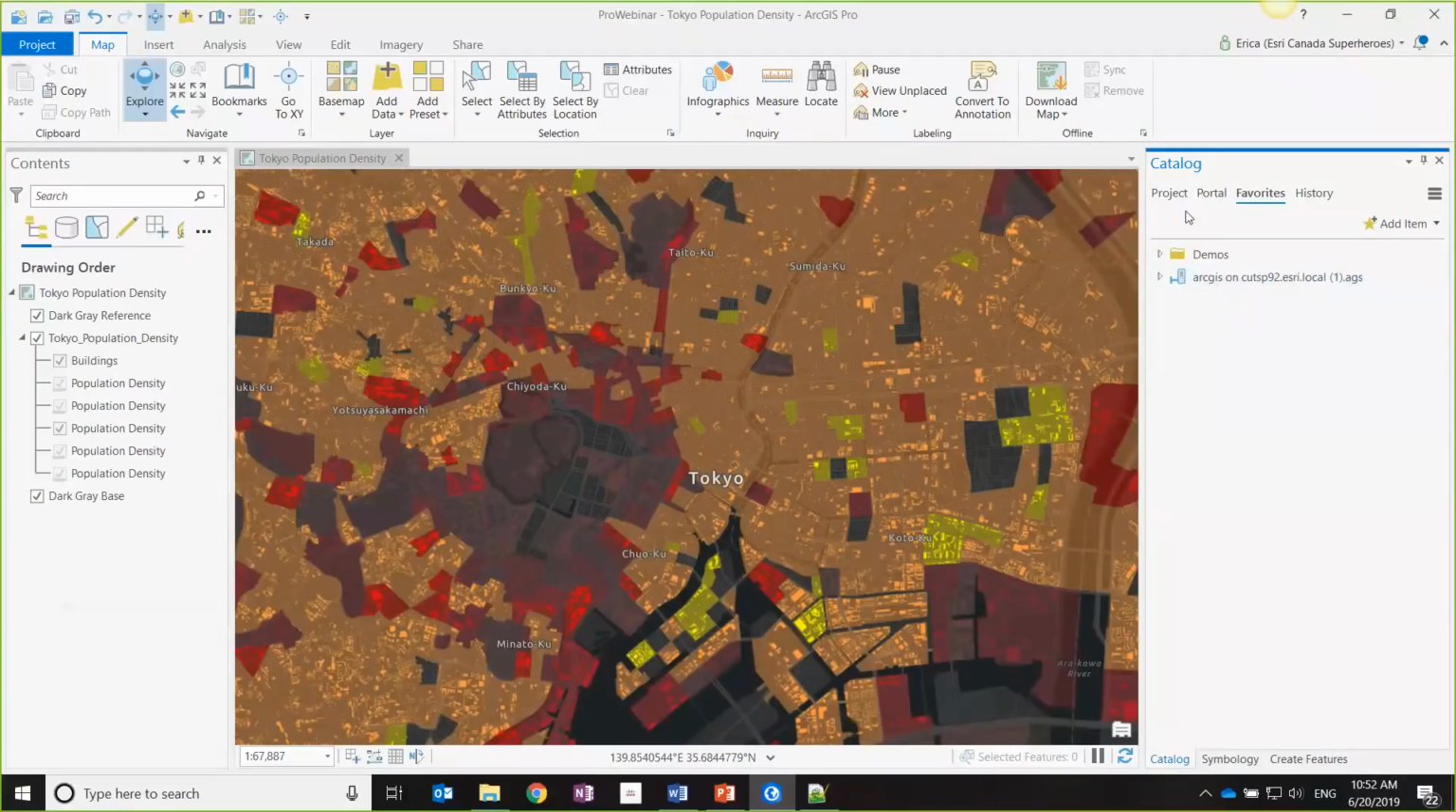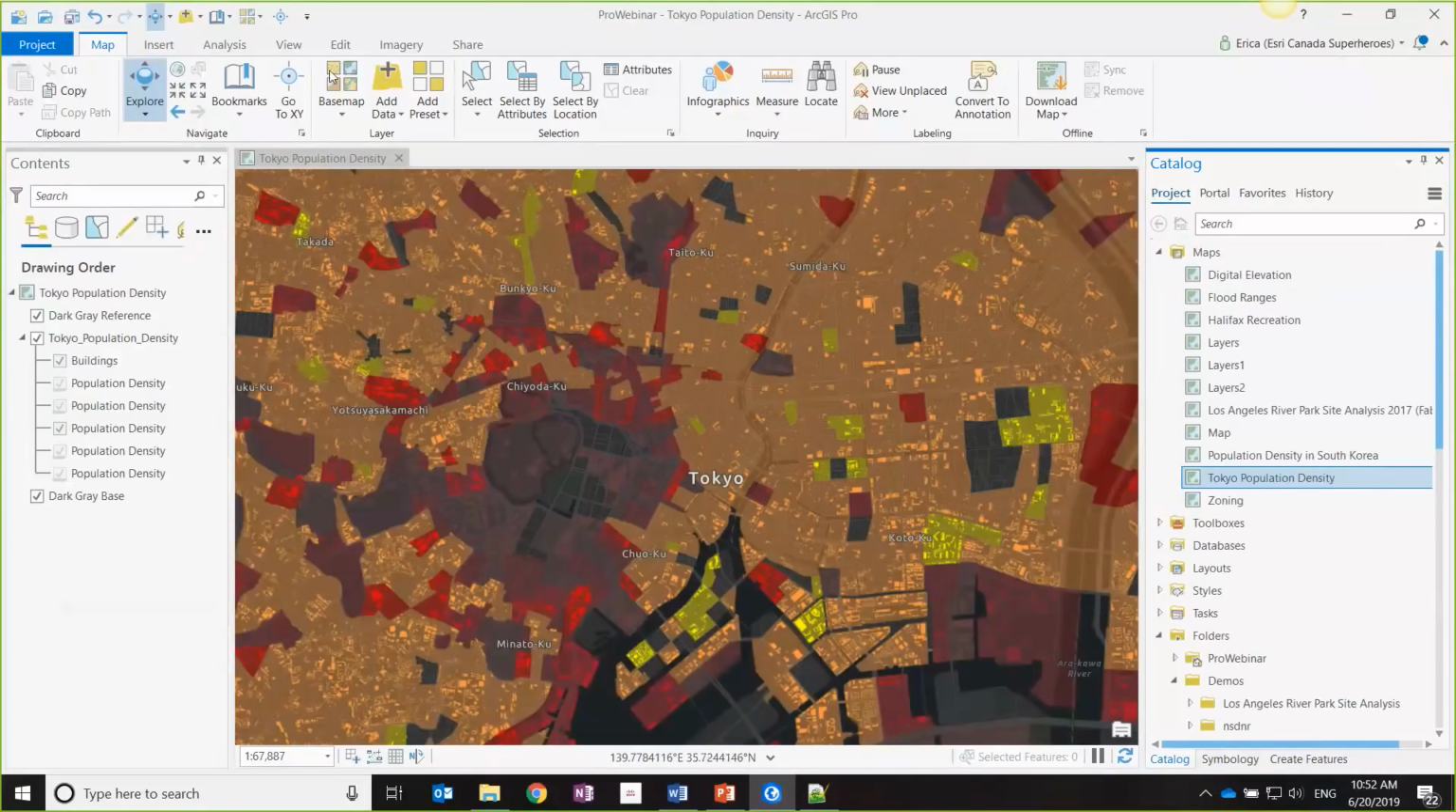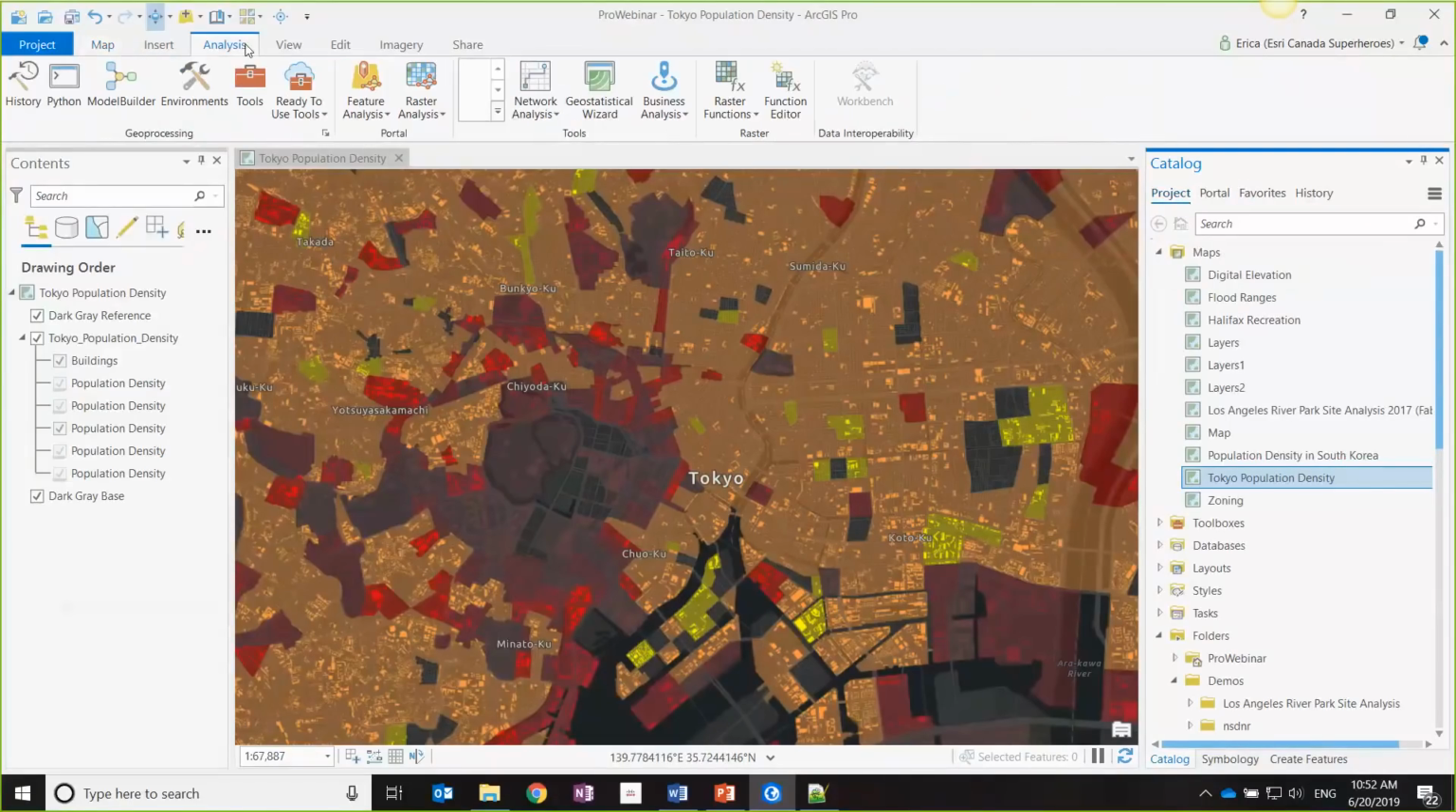I also talked about the analysis gallery. So if I switch to the analysis tab here on the ribbon, I purposefully have nothing in the gallery right now. Normally you'll see this really full of all commonly used tools. But to start adding tools into your analysis gallery that you use,